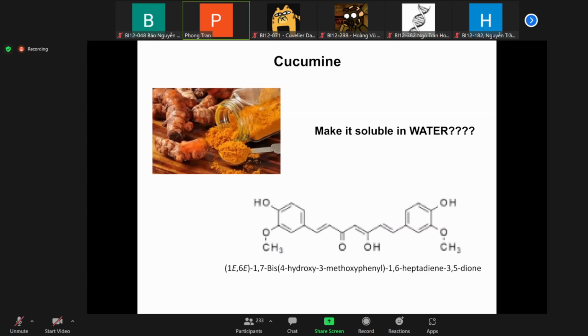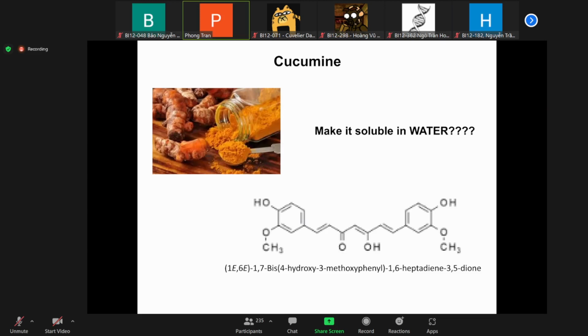This curcumin molecule is presented as an antioxidant molecule that can be very helpful for patients suffering from, say, cancer and so on. A lot of positive applications have been presented. We are not talking about the application here, but in this lecture, when you know the molecular structure of this compound,